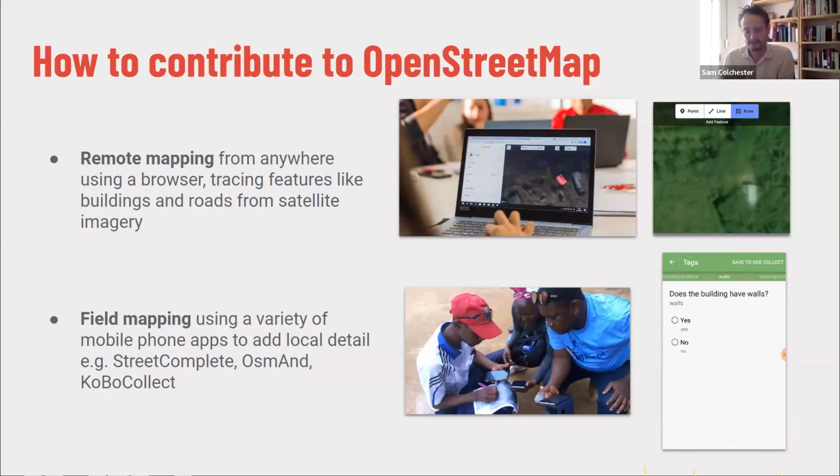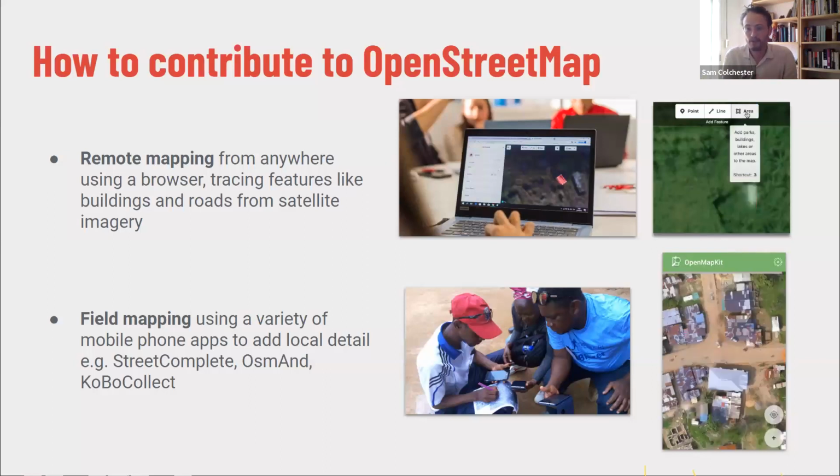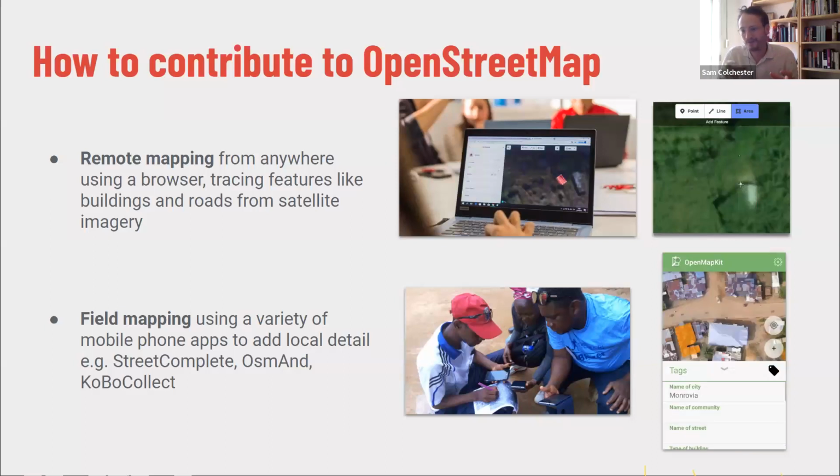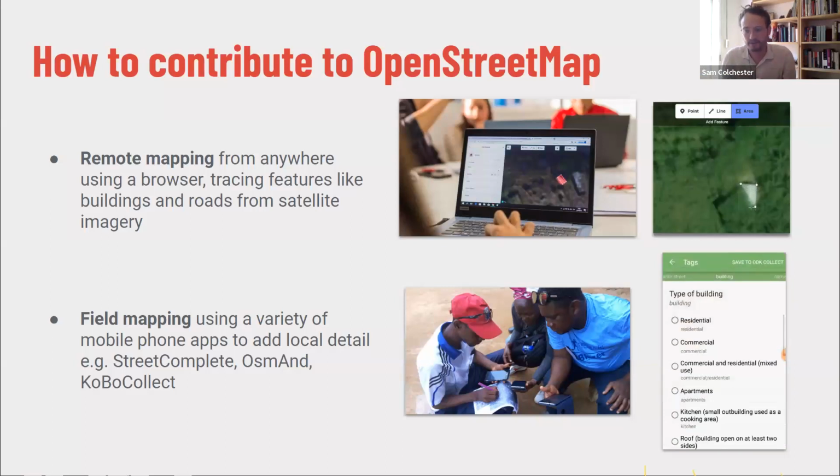Now, the more involved next step often is then to take that basic data and add color to it. So for example, if you drew a building, what was the actual function of that building? Was it a shop? Was it a house? Was it a barn? Was it a hospital? You often can't know that information unless you have someone who either lives there or visits that area to check that thing out on the ground. And that's what's called field mapping, a crucial part of the whole process as well.